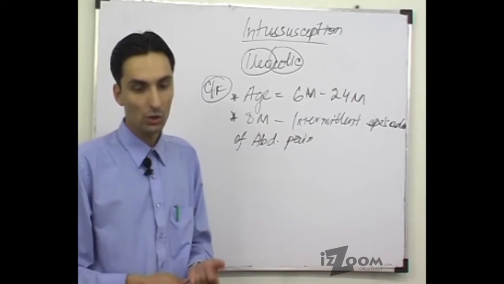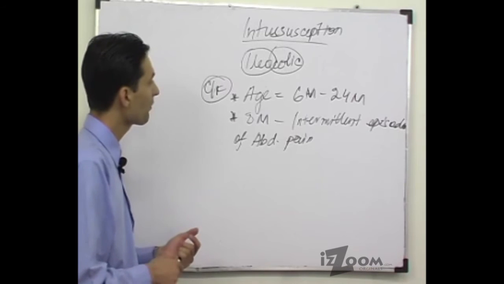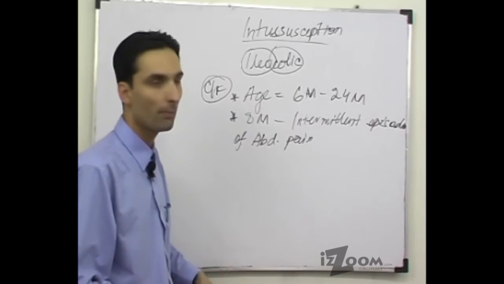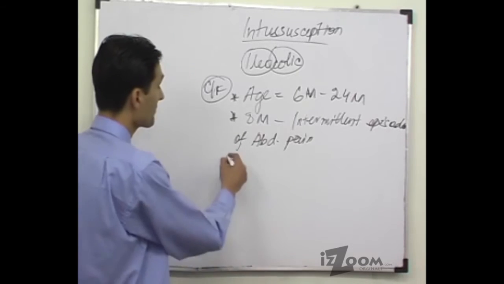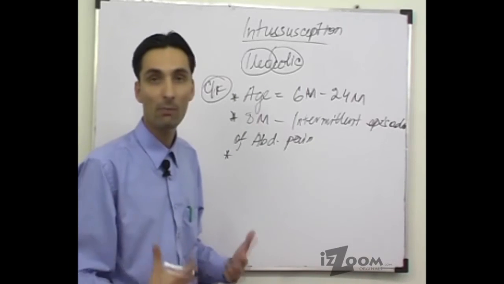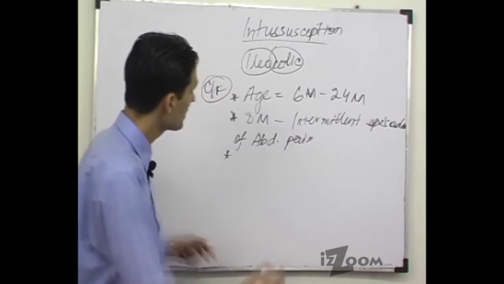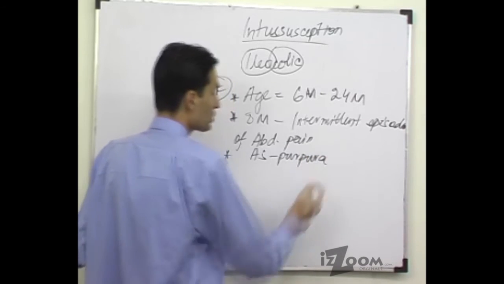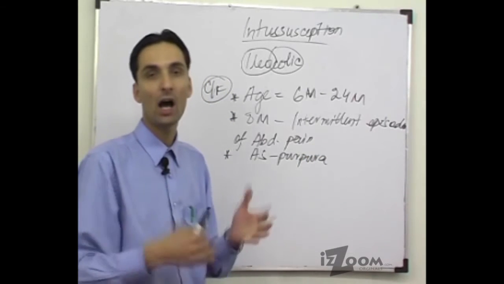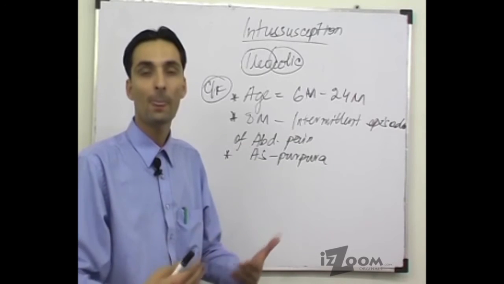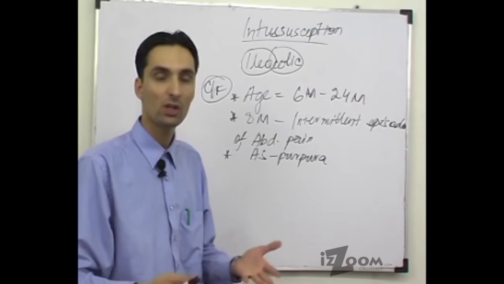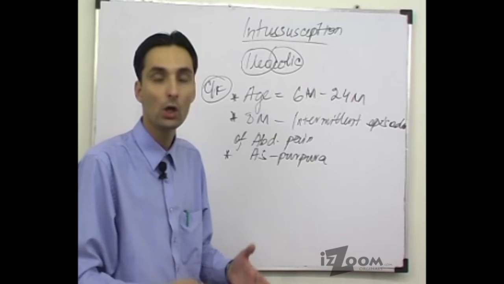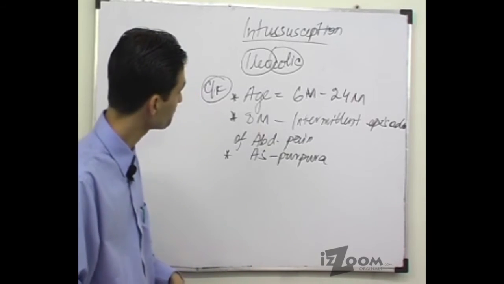In addition to that, you should also examine the patient for any associated disease. If a child is older than 2 years and presents to you with acute abdominal pain with palpable purpura, you should consider the diagnosis of HS purpura. Henoch-Schönlein purpura has a high degree of association with intussusception. So if a child presents to you with HS purpura and acute abdominal pain, you have to also consider that this child could be suffering from intussusception.